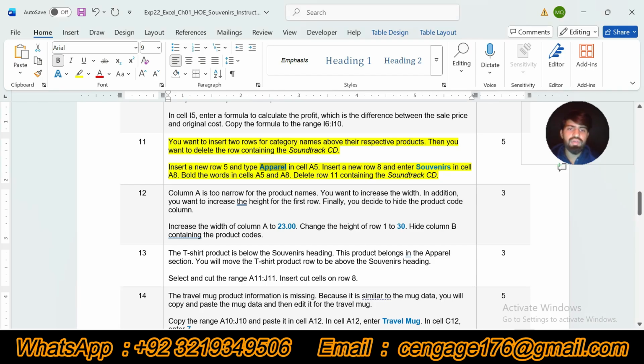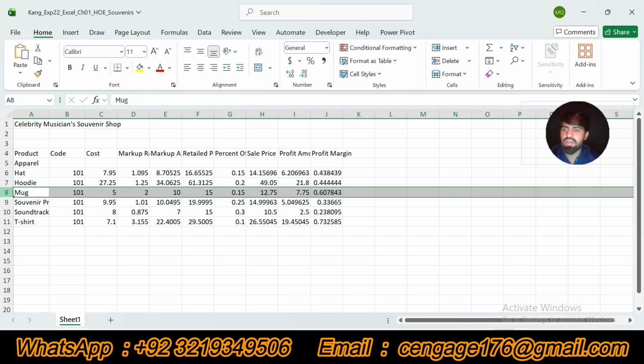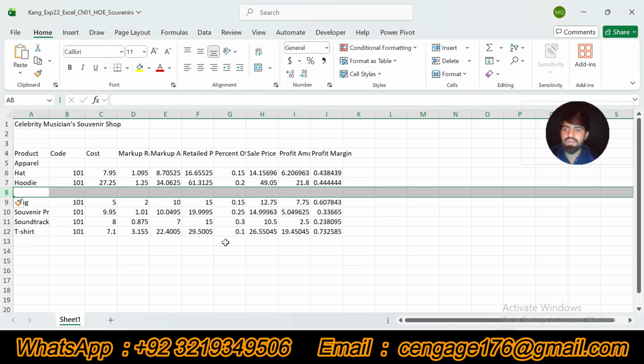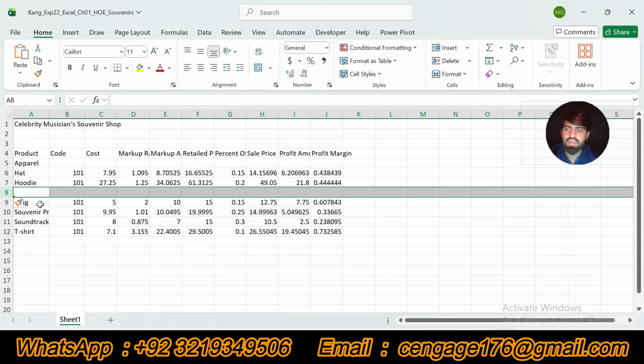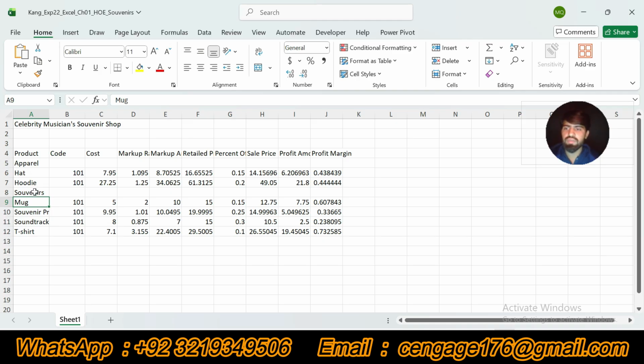and then insert a new row 8. We will select row 8 and then we will right click and insert a new row 8, this one, and then we will enter souvenirs in cell A8 and then we will select the word souvenirs, this one, and then we will copy Ctrl C and then we will go to Excel workbook and then we will select cell A8 and we will paste Ctrl V, souvenirs, this one,